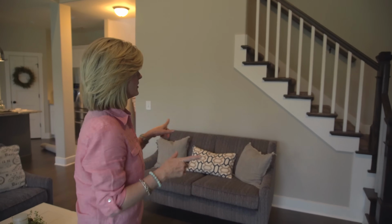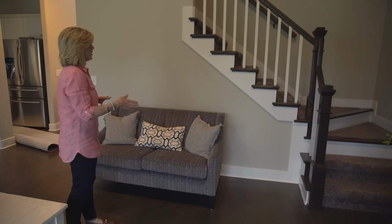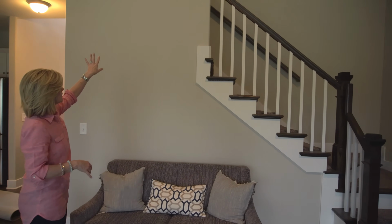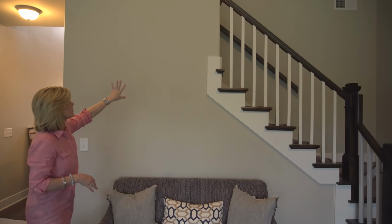So let's talk about this area over here. She's got a love seat, which is perfect. We're going to need to get a table over here with some more light. One of the things we were worried about was the wall decor. This is a really odd wall because the stairs angle down, but you know what's going to work perfect there